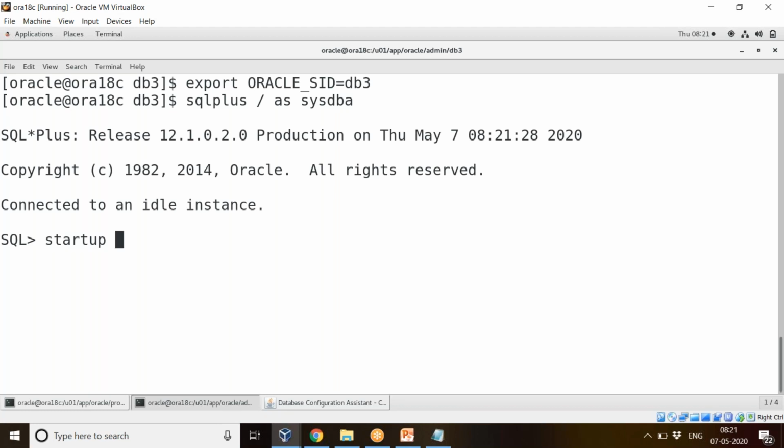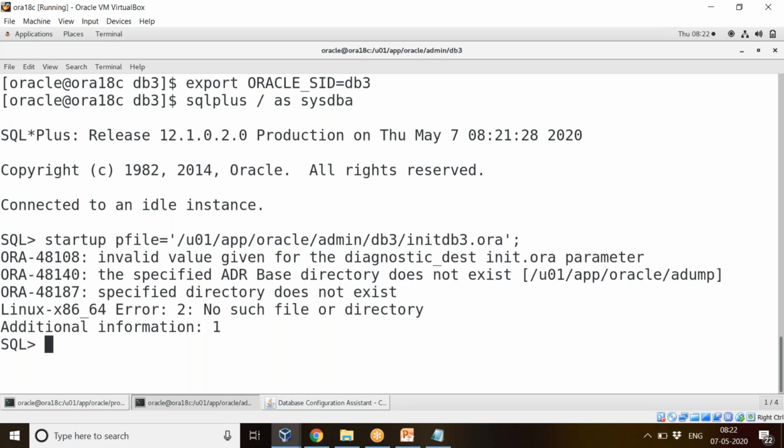First we are creating the database, that too manually. So that's why we have to give startup pfile equals, and you should give the path where my init db3.ora is: app oracle admin db3/init db3.ora. So like this, I'll start my P file.